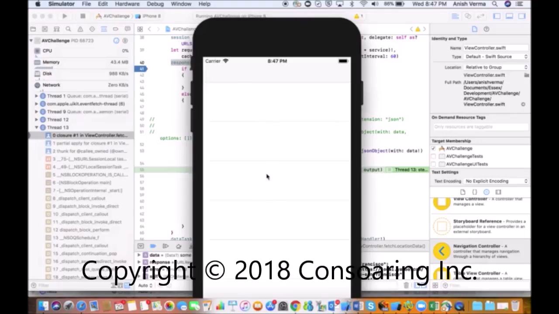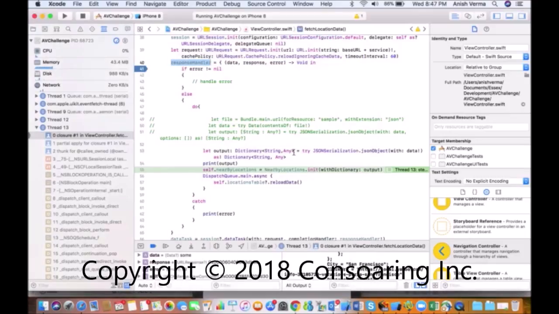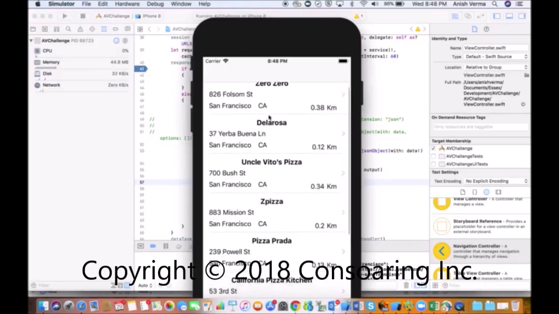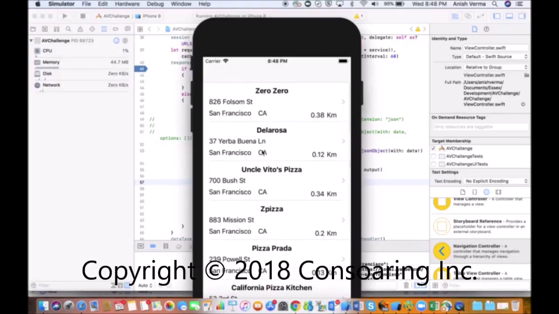And for that, now I will update my table. This is the main table, and here I need to update all these values. I need to reload the table. However, when I reload it, I need to get the main queue, as you know, technically we need to update all the UI on the main thread. When I do that, it populated all my values. As you can see, I have all the